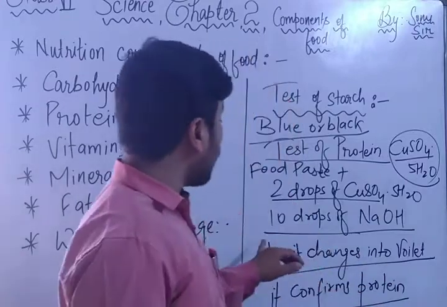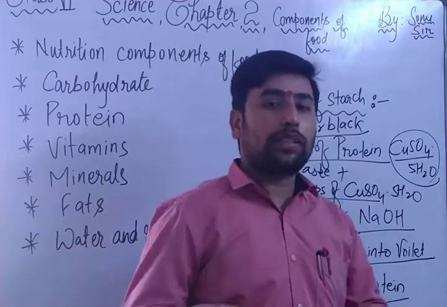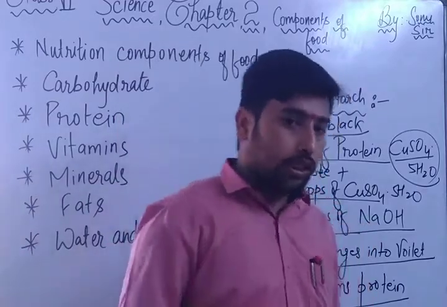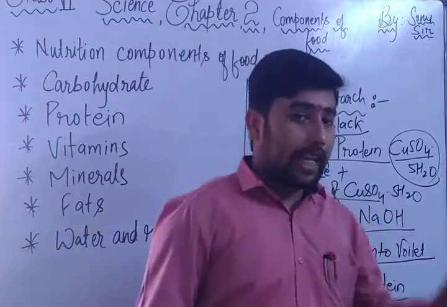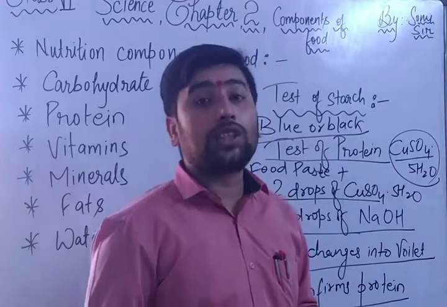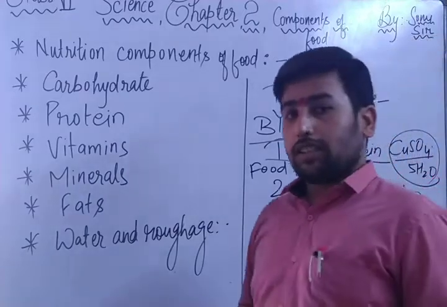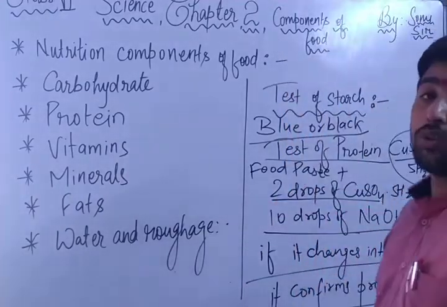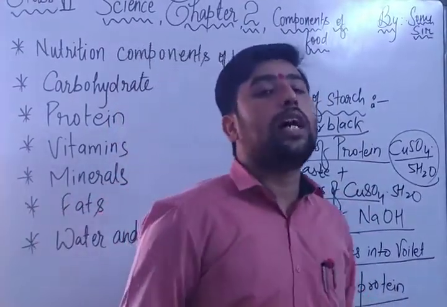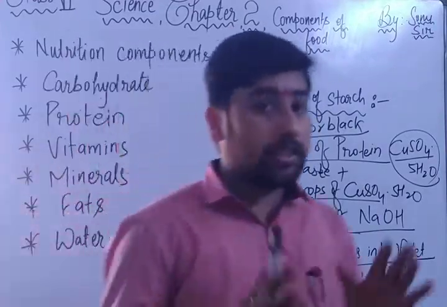After that add 10 drops of caustic soda, that is sodium hydroxide. It is also present in the chemistry lab. This sodium hydroxide is also known as caustic soda. After adding caustic soda and copper sulfate to the paste of the food, if that solution changes into violet color, which color? Violet color, you know, or don't you? Yes, I hope all of you know violet. If it converts into violet color, then it confirms that protein is present in that food. Otherwise, if it does not convert into violet color and remains the same color, then remember